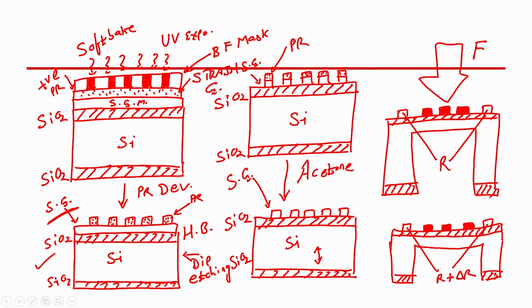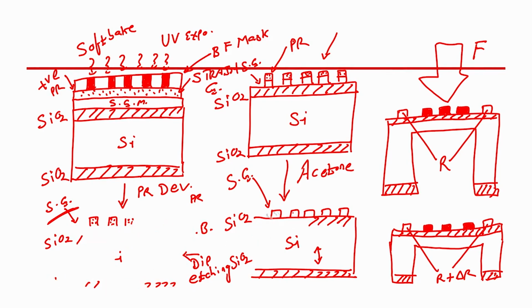After that you have to perform a hard bake at 120 degree centigrade, 1 minute hot plate, and then you have to dip this wafer in an etching solution for strain gauge. When you do that, you will have this particular pattern, right, and then you have to remove the photoresist. That means you have to strip off the photoresist. When you strip off the photoresist, what will happen? You will have the strain gauge formed in this particular fashion. So, I will rub this one, and we will now form the